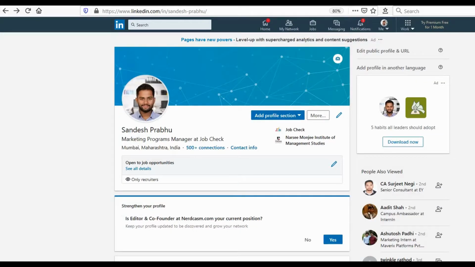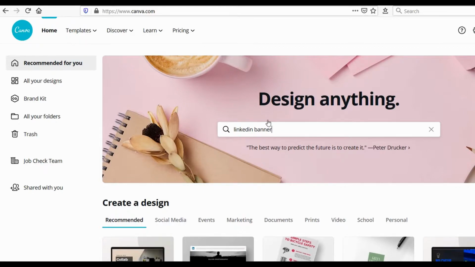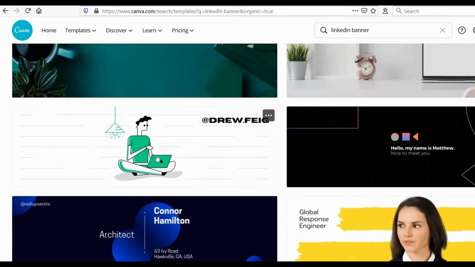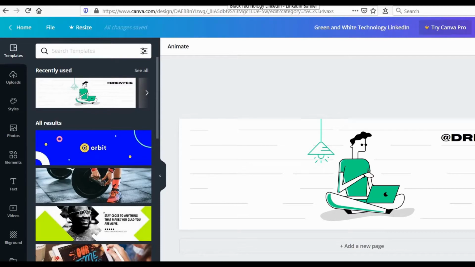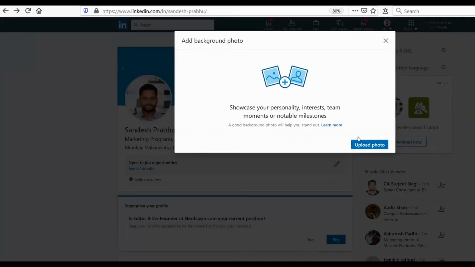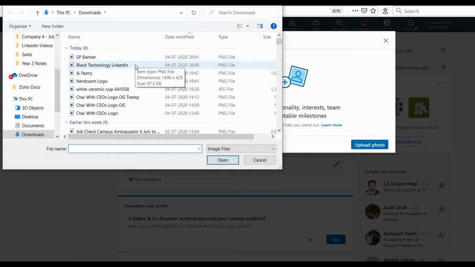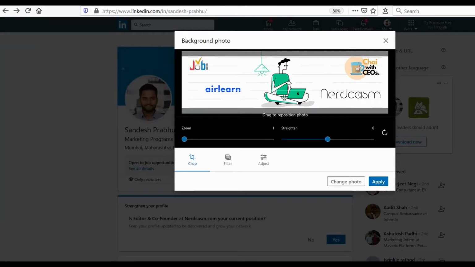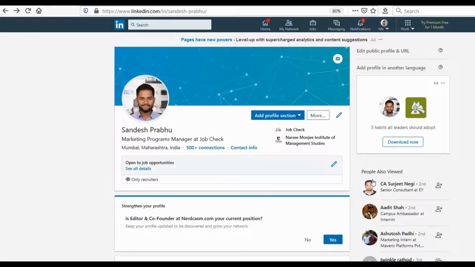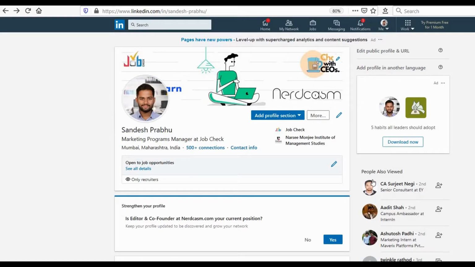So another interesting feature in LinkedIn is adding a banner. And the most overlooked factor is this, because I see many banners that are just that boring blue thing. So you can just search for a banner on Canva and see some very nice templates being put up. So let me just choose one. I chose a random one over here, and you have to make it in such a way that it expresses yourself somehow. And so these are the companies I'm actually associated with, and you get options to straighten it, filter, adjust, zoom and apply. Many people overlook this fact, so please keep this in mind.